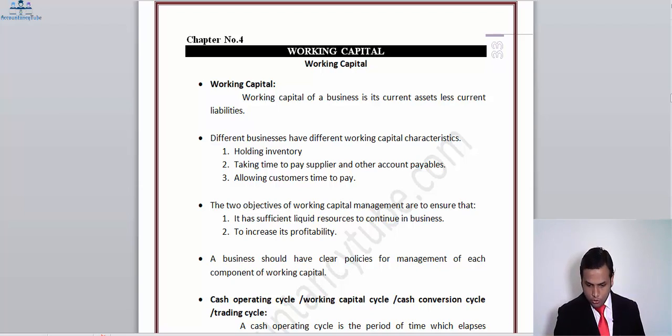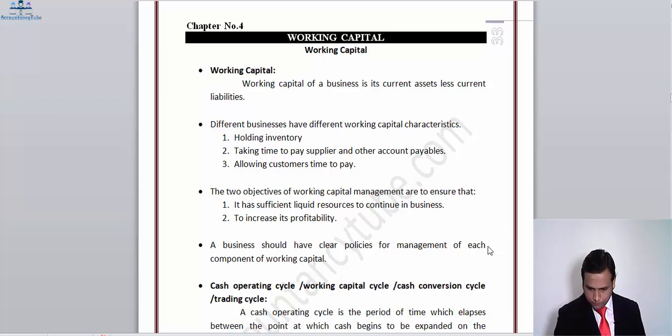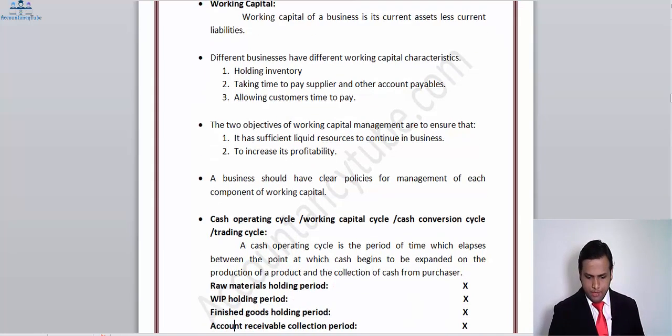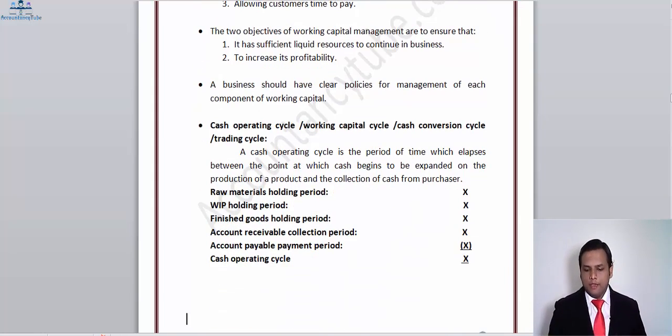Then we have that a business should have a clear policy for management of each of these components to increase its profitability. Now, businesses should have policies to manage each of these components of working capital. We will be learning about these as they come by. First topic